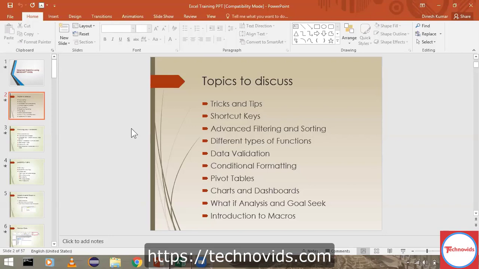And then comes the concept called pivot table. In Excel, pivot table is one of the most important concepts. Once your data is ready, we'll cover how to create your final reports using pivot tables, what pivot table actually means, and how to create pivot tables based on the statistical data available with us. It is a very vast concept. We'll see a lot of options available with pivot tables and we'll see in great detail what exactly they are. Okay, so once pivot tables are done, then we have charts.